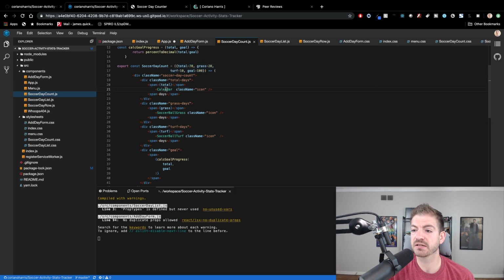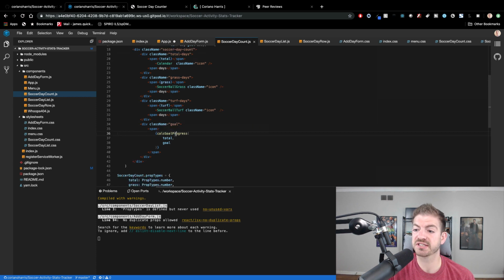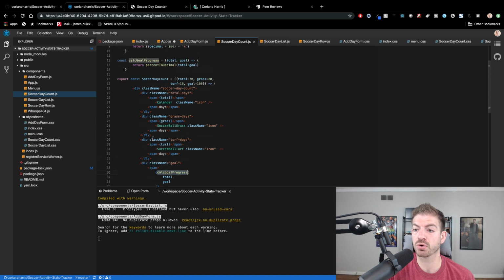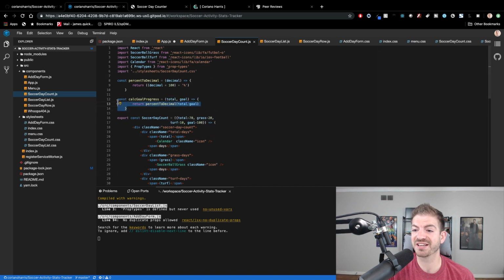So you're displaying certain icons based on the section, and then you're displaying the number associated with it. That's cool. And then you've got a function to calculate the goal progress. So you've got a total and a goal. You call this thing, which then calls this function. I think for right now, you could simplify this to just call one of these functions, because basically you're just returning this thing in the end. But